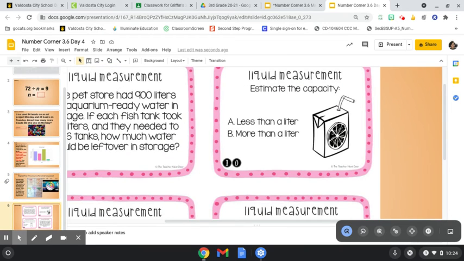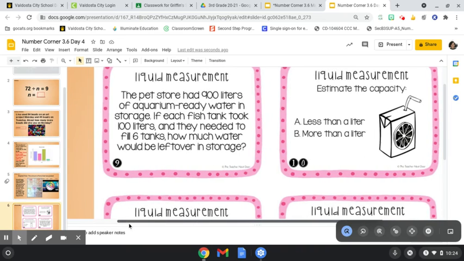All right, so let's go to this last slide here. These are word problems with measurement. Okay, let's look at this first one here. The pet store had 900 liters of aquarium-ready water in storage. If each fish tank took 100 liters and they needed to fill 6 tanks, how much water would be left over in storage? So we see here,